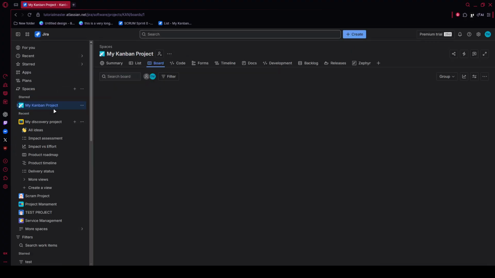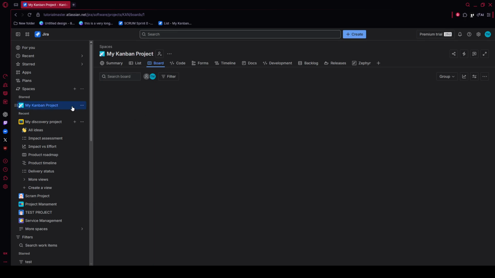smoothly. In this walkthrough, we are going to log into Jira Cloud, create a clean Kanban project, configure work in progress limits, add tasks to the backlog, move cards through the workflow, use quick filters, and finish with a simple board review. Start by opening your preferred web browser and going to your Atlassian Cloud site, or the Atlassian sign-in